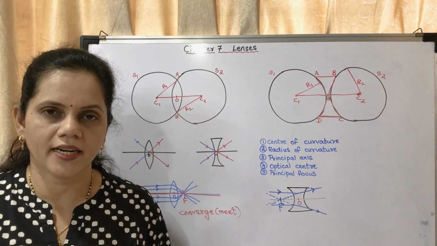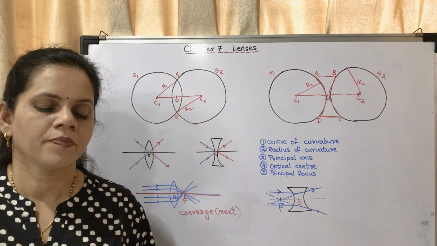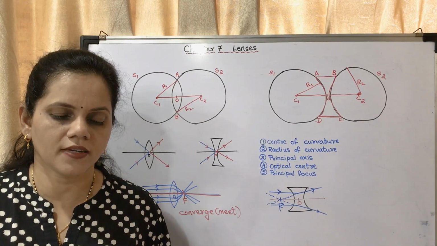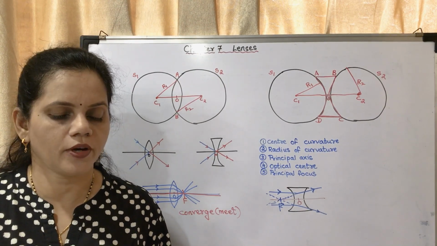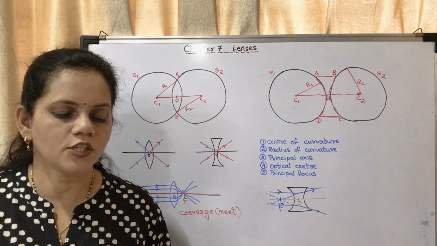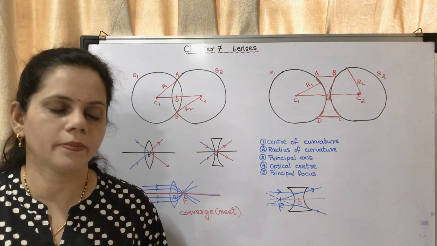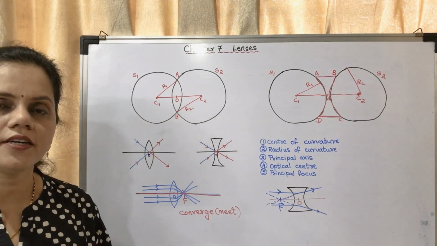Now in the first paragraph I missed it. When light rays parallel to the principal axis are incident on the convex lens, they converge to a point on the principal axis. This point is called the principal focus of convex lens. Okay, you may mark till there. So these are the different terminologies.